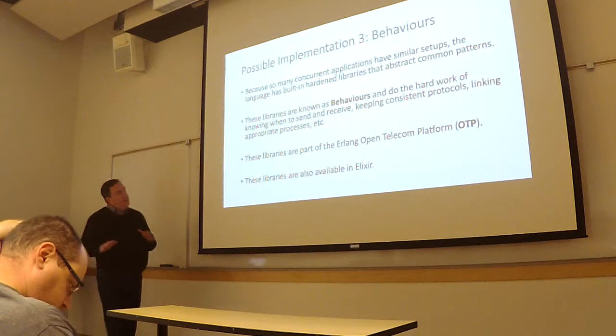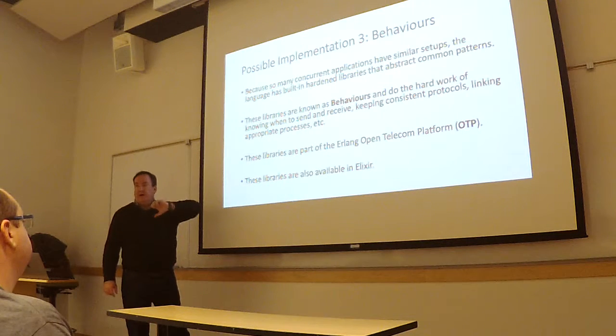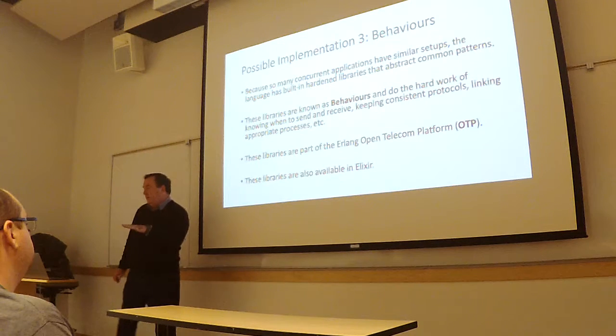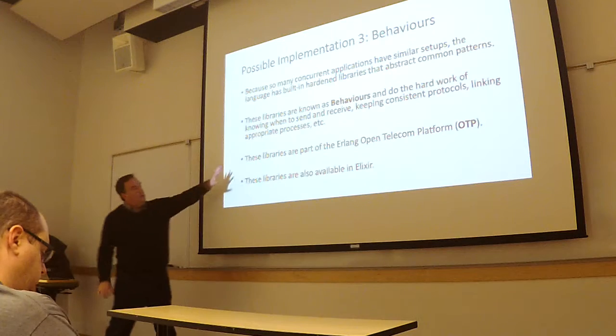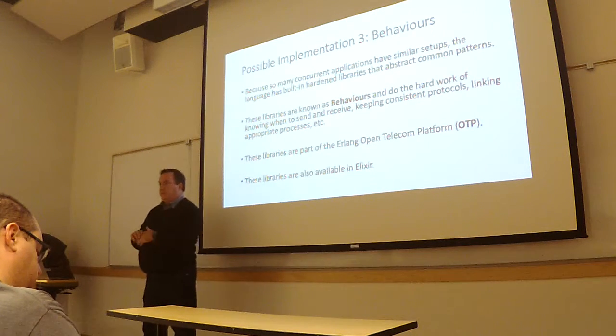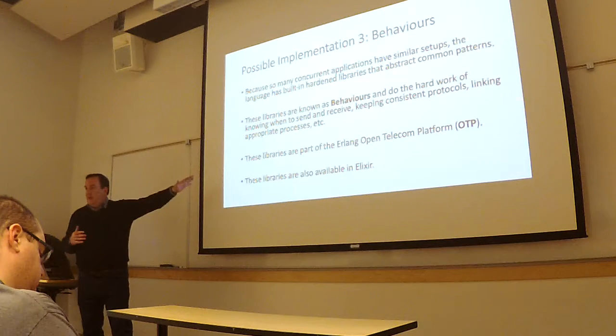It takes care of all this hard work of knowing when to send and receive, sending acknowledgements back if you want synchronous, not just asynchronous, communication. Remember, messages in Erlang and Elixir are asynchronous, but you can always build your own protocol to do synchronous communication. In other words, send, get an ACK back, and so on. So you can build synchronous on top of asynchronous, but not necessarily the other way around. OTP has stuff for doing that as well. It's all part of the Open Telecom Platform. So if you're reading documentation for Elixir and Erlang and you see OTP, that's this set of libraries.